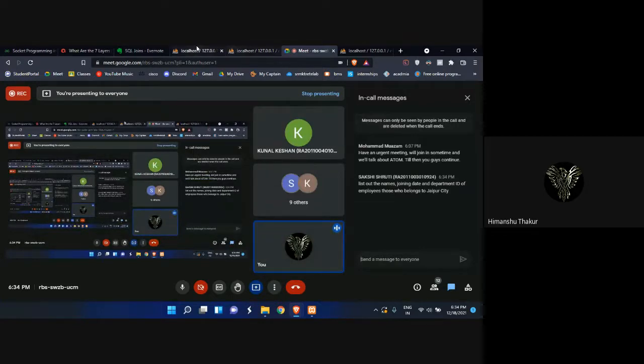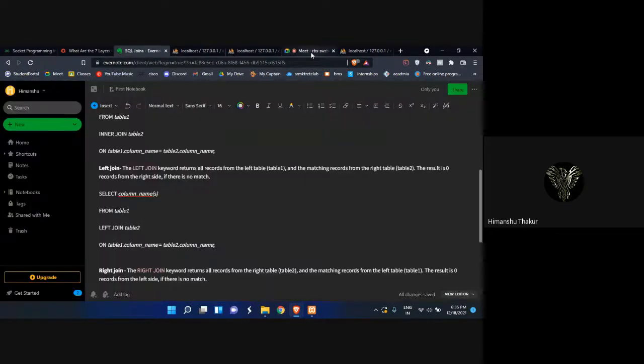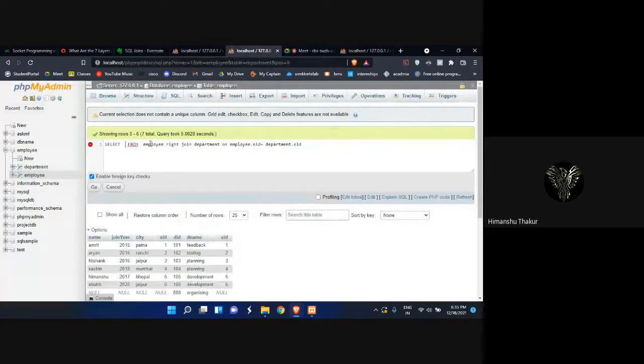Okay. So when I need particular columns, instead of this, I will just select particular columns, like write the name of the particular columns. So here it is. Shakshi has put for the names and joining date and department ID. So I need name from employee table, employee dot name, and then I will write what else I need.